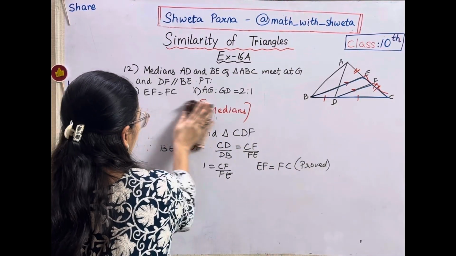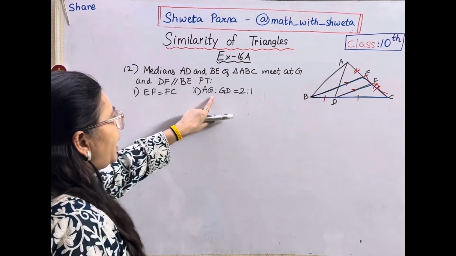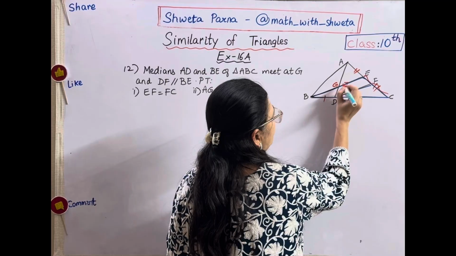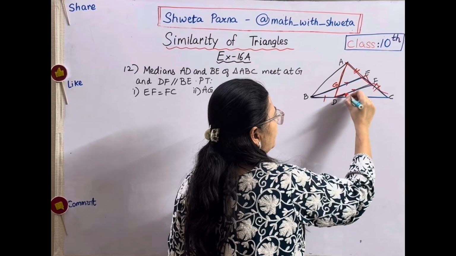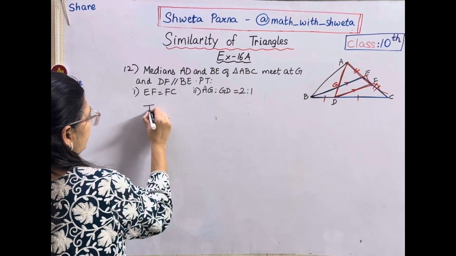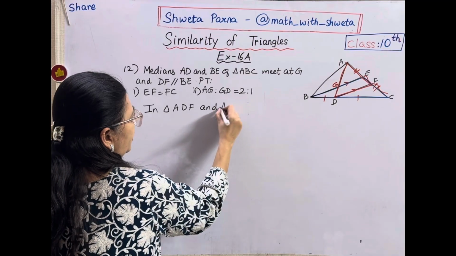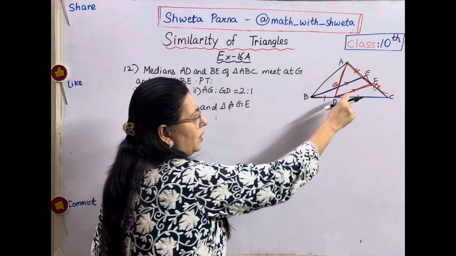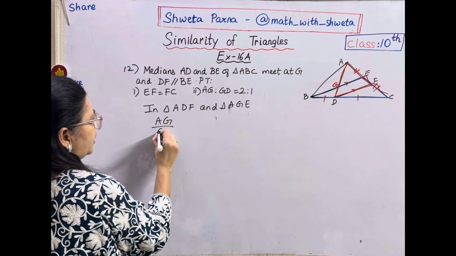I'll just erase this. Now what do you want? AG is to GD. Oh, I forgot to write this. This is G. AG is to GD I want, right? So that means I have to take this triangle. In triangle ADF and triangle AGE, these two sides are parallel, so we can use the basic proportionality theorem, which is AG upon GD